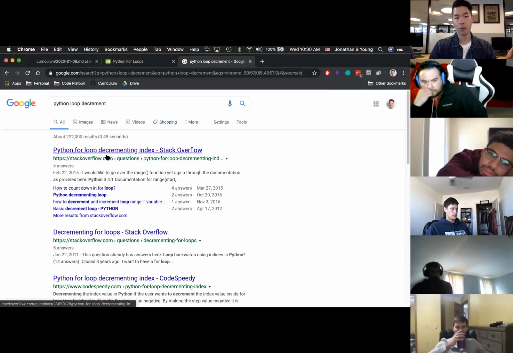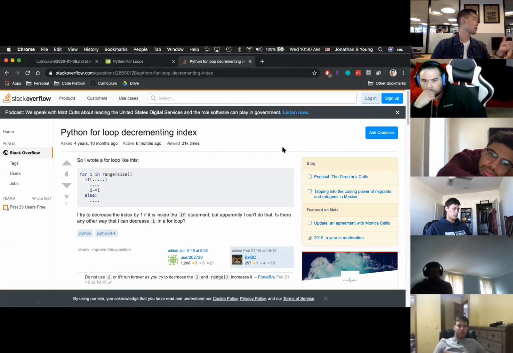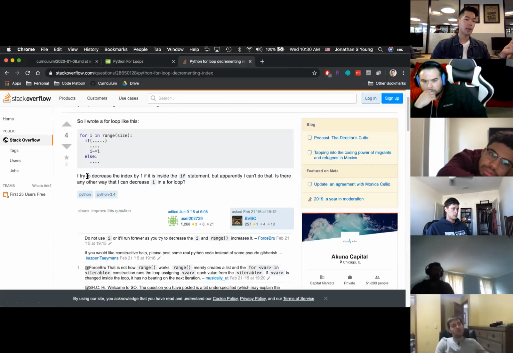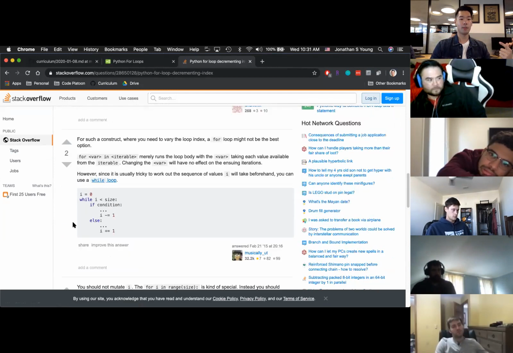Okay, we got Stack Overflow, and if you have not realized this by now, Stack Overflow is a place where people in the community come to ask questions. The questions are the ones at the very top, and if you scroll down over here, the check mark is the one that the author has agreed on, saying that this is the answer that I accept. The 10 over here is the number of upvotes that it has gotten. The check mark and the number are usually directly correlated, but sometimes there are better answers that are not accepted by the author of the question that you might find further down.